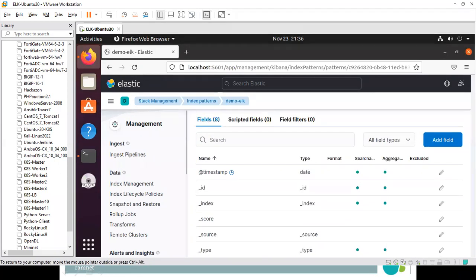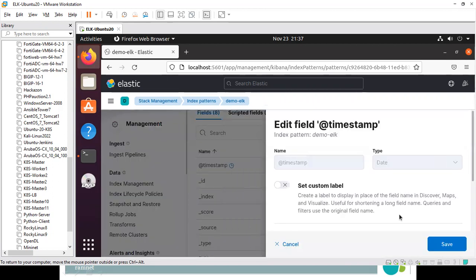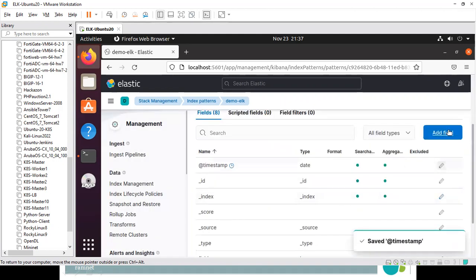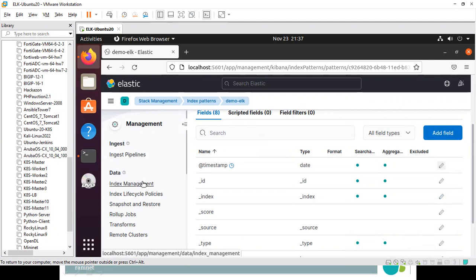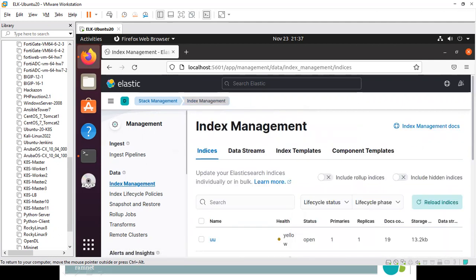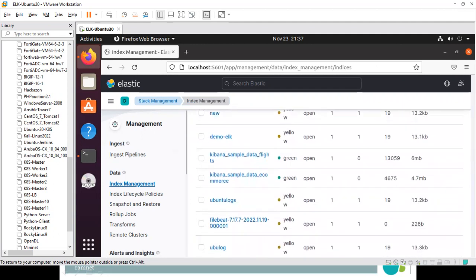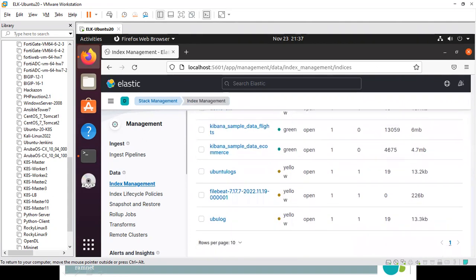These are all the fields we can add. Let me add the date stamp. Save it. Now let's see the index management indices. These are all the old files which I have. I was just trying with all of this.